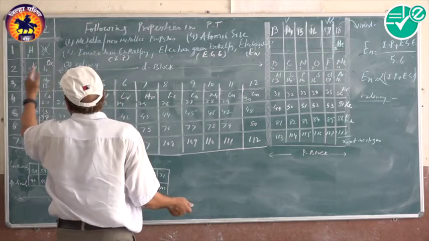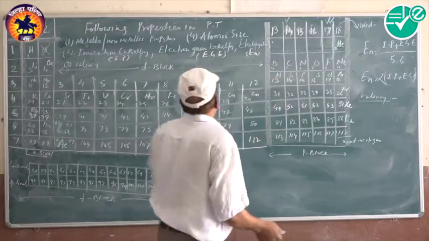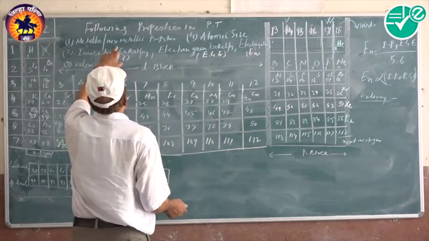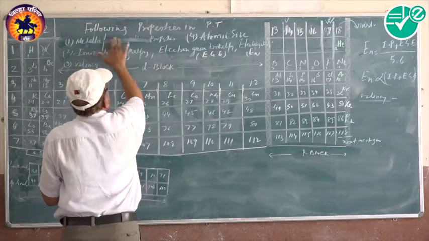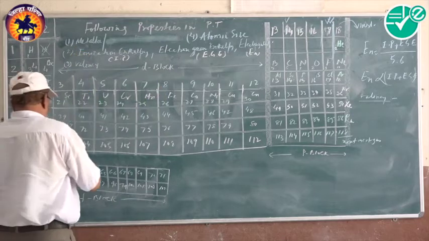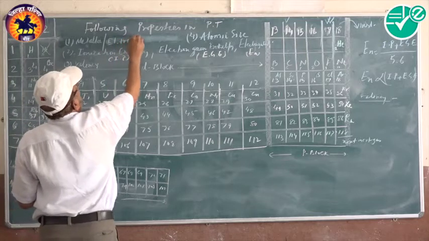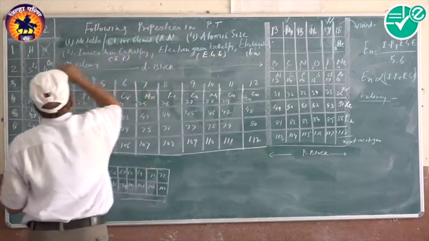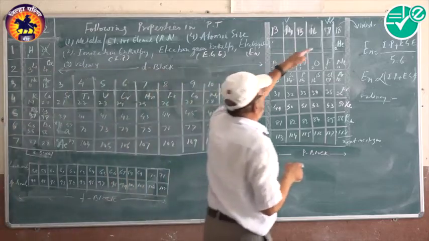Okay? You make out that from left to right, non-metallic properties increase. Non-metallic means oxidizing agent properties increase, also called electronegative properties increase. Just remember these metallic properties and the reverse will be automatically clear. Metal is also called an electropositive element, also called a reducing agent. These properties decrease from left to right, from here only.